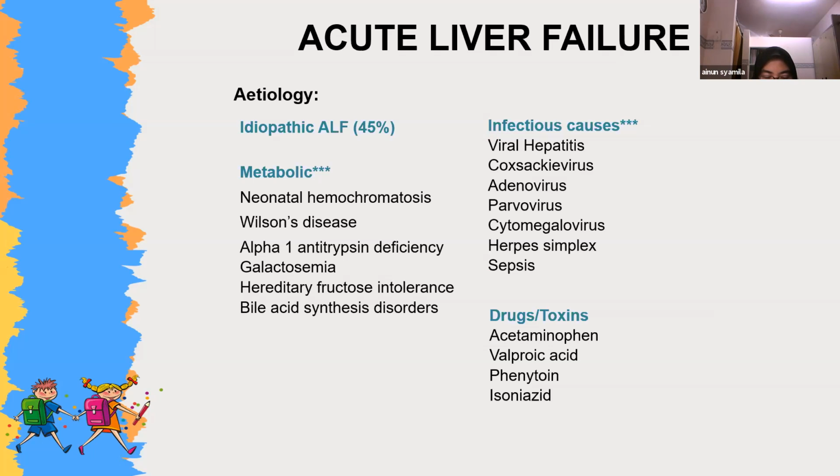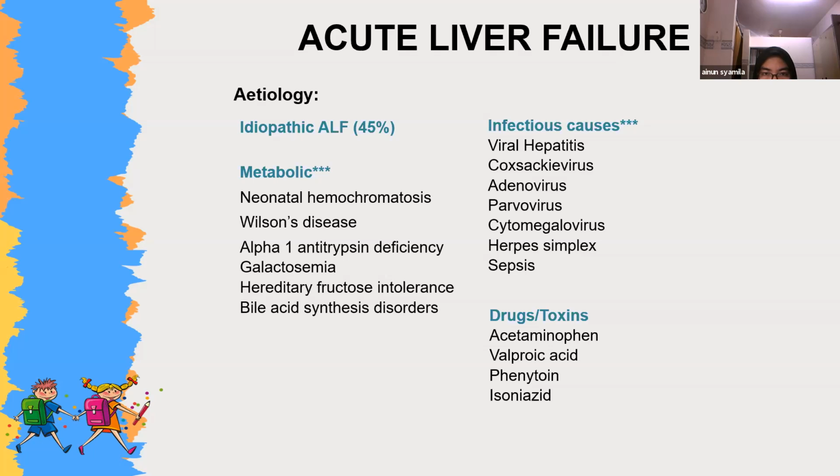For the infectious causes, viral hepatitis, which includes hepatitis A, B, and also E, is the most common cause of liver failure. Hepatitis A is spread by the fecal-oral route and it is self-limiting. However, hepatitis B can cause both acute liver failure and also chronic liver failure. In pediatrics, it is spread by vertical transmission from the carrier mother to the child. And there will be features of acute hepatitis such as jaundice, nausea, vomiting, abdominal pain, lethargy,